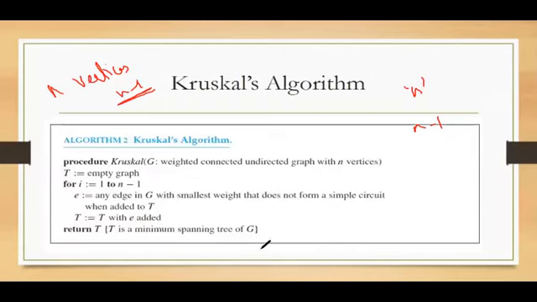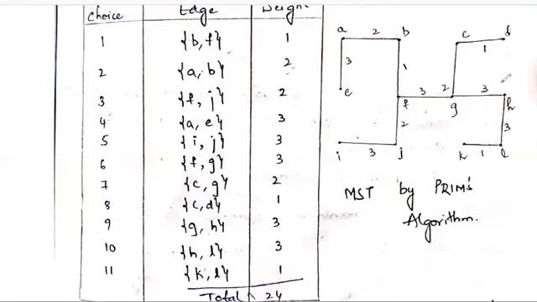So before seeing Kruskal's algorithm, we will see the Prim's algorithm diagram. If you notice, this graph over here is the minimum spanning tree by Prim's algorithm. If I denote it with the notation H, then H is the minimum spanning tree for our graph G, which we have solved by using Prim's algorithm, and this is the way you are supposed to create a table. In this case also I have directly drawn the graph, but remember, don't draw the graph directly, draw it step by step. Now after that, let's see Kruskal's algorithm.